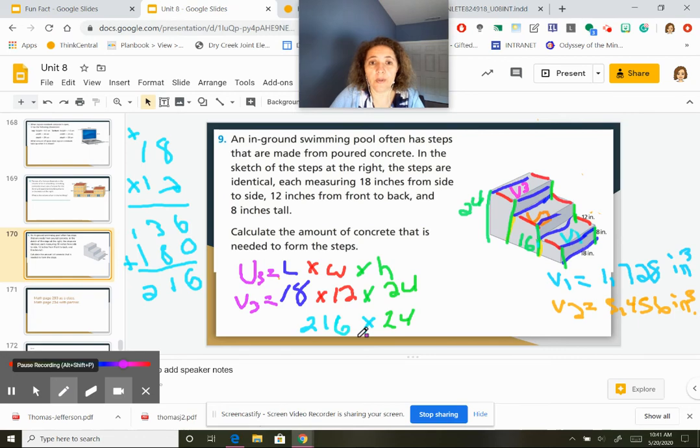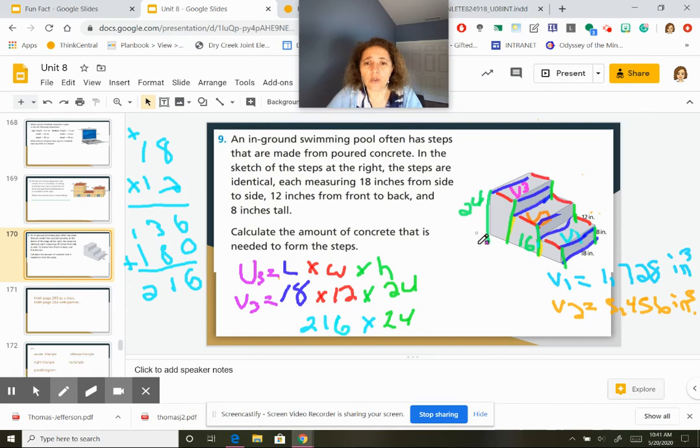So volume 3, right? Remember, my width is still the same, my length is the same, so it's still 18 times 12. That hasn't changed, and I already did it from the beginning, which was 216. What's changed? My height, right? Now it's 24. So now I have to do 216 times 24. Or for those of you who figured it out,